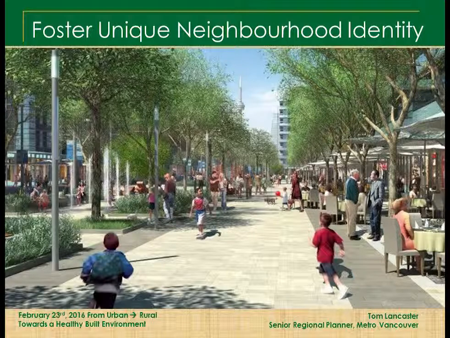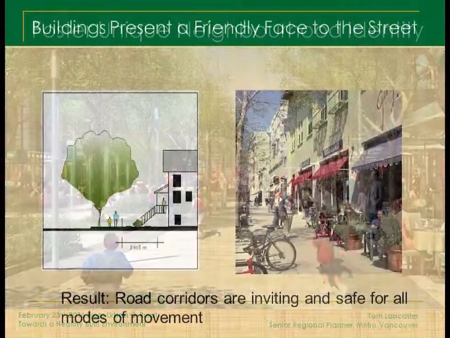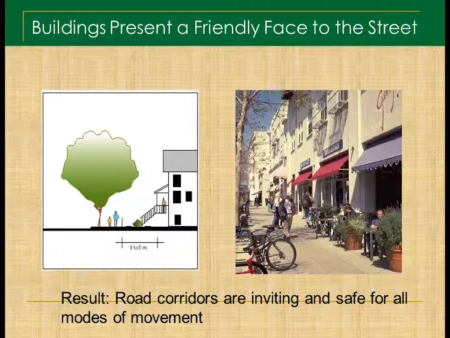The Anytown BC thing that I used to lecture on is like, hey, look, there's a McDonald's and a Timmy Ho's and a car lot, and wow, this looks like anywhere. You want to create that place where people go once or twice and think, oh yeah, I know exactly where this is. This is a meaningful place, presenting a friendly face to the street. Not this cinder block thing, but you want some windows and doors, like we said before.